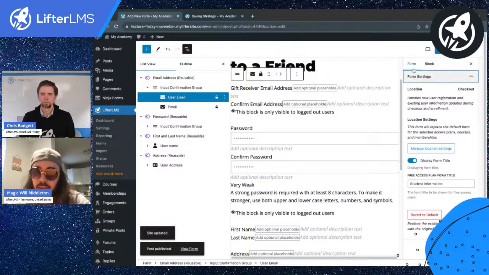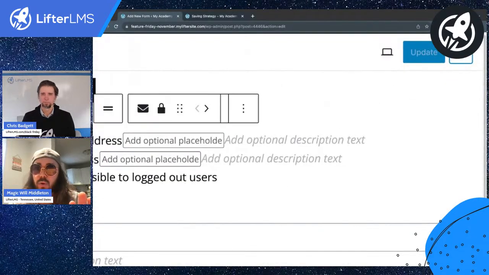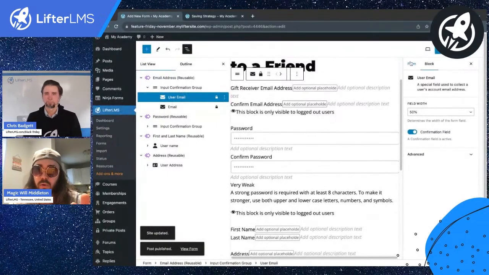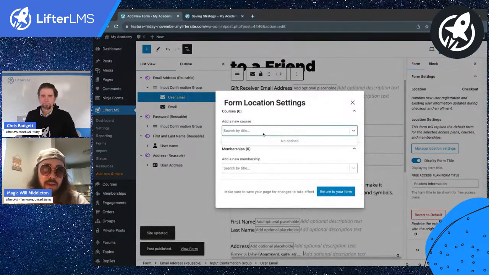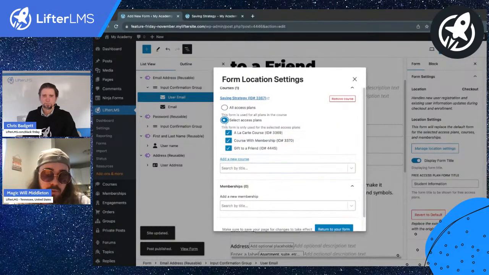And we're going to say manage location settings. And if you don't see these options, if it looks something like this, there's an option in the upper right corner to expand the sidebar, and we need that sidebar to be expanded in order to see the form option and then manage location settings, where we can say which course this applies to. We're going to apply it to saving strategy, and we're going to select a certain access plan that